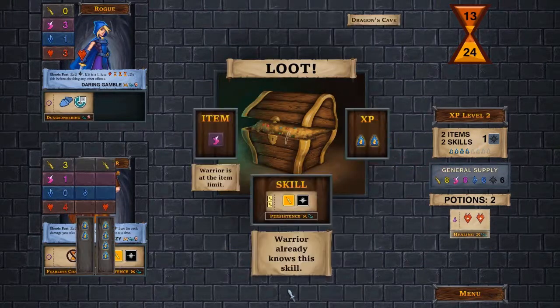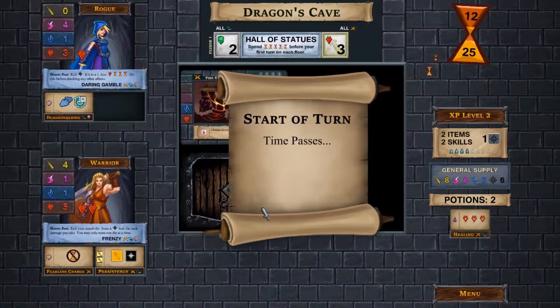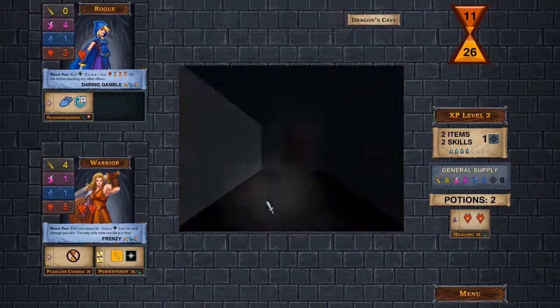That's good. What do we get for loot? Alright, warrior already has this skill. I'm certainly not going to give that skill to the rogue. Warrior is at item limit. Alright, but I could still give that to the rogue if I want to, or I could take 2 more XP. I think I'll... Okay, I'll give that to the rogue. Let's go into there and...